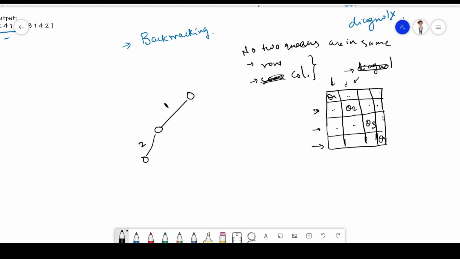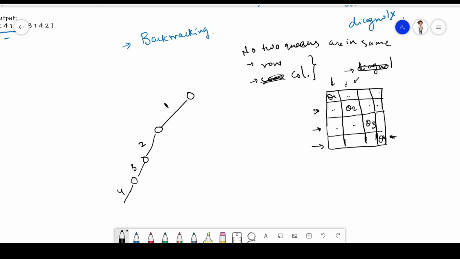So, and what did I do? I placed it at the third row over here, the third queen, and the fourth queen is placed at the last column. So, is there any step where I can put? Is there any other row where I can put this 4? No, there is no other row.